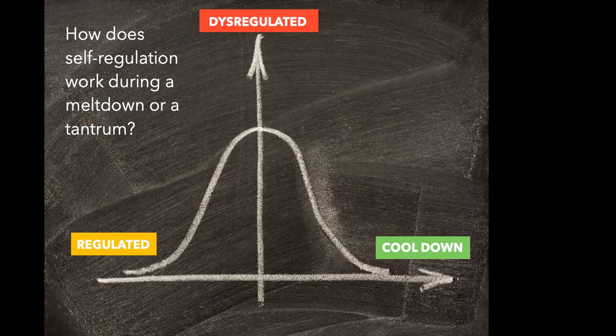But we know that for children who are wired for trauma, their baseline is much higher. And it might take longer to return because they're used to their amygdala being activated for longer periods of time. So those tantrums or periods of dysregulation might also last for a longer period of time.